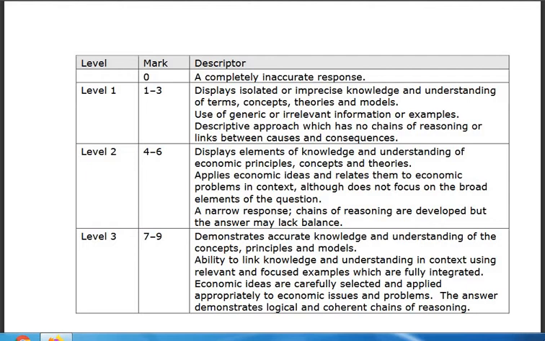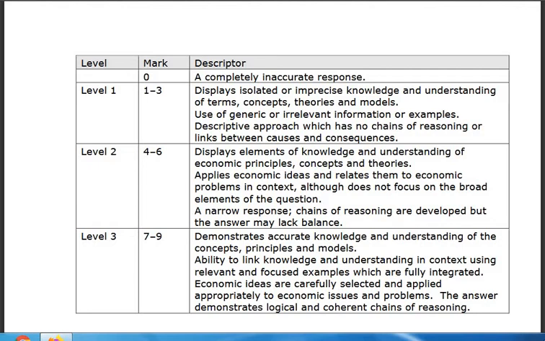Again, this is getting a bit repetitive, but if you don't know your stuff, you're goosed. You need to apply it, so if you're generic, you're in level 1. Again, understanding what's going on in the real world is massively important. And then also being able to construct logic chains. If you don't, and you make unsubstantiated assertions, or you jump important steps in your analysis, you're confined to level